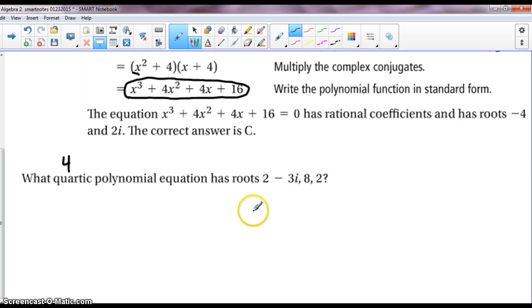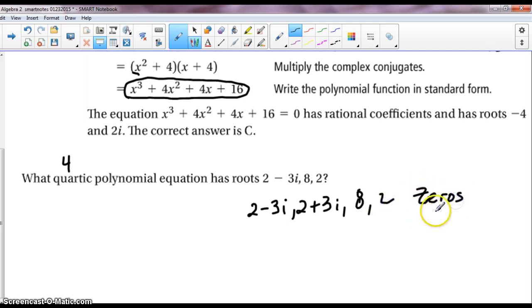So I really have 2 minus 3i, 2 plus 3i, and 8, and 2. Again, those are the zeros or the roots, whichever way you want to call it. Now we need to go to the factors. So let's go ahead and write these as factors. You're going to have,